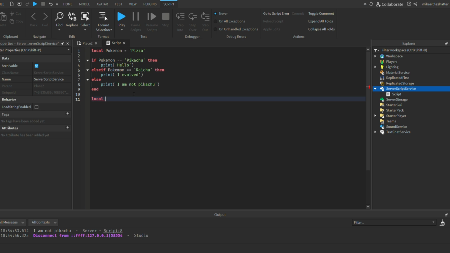So let's make a new variable. Let's call it level and let's set it to 5. So while level is greater than 1, do print I am not level 1,